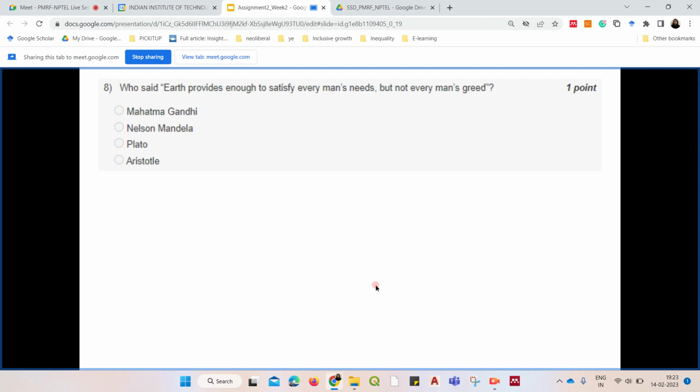So the next question is, who said Earth provides enough to satisfy every man's needs, but not every man's greed? This is a famous quote by Mahatma Gandhi, and he said these words with respect to environmental sustainability, and by this he means that Earth has enough resources to sustain whatever needs humans have, but